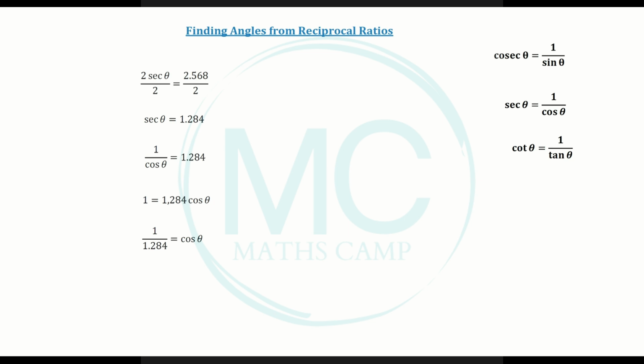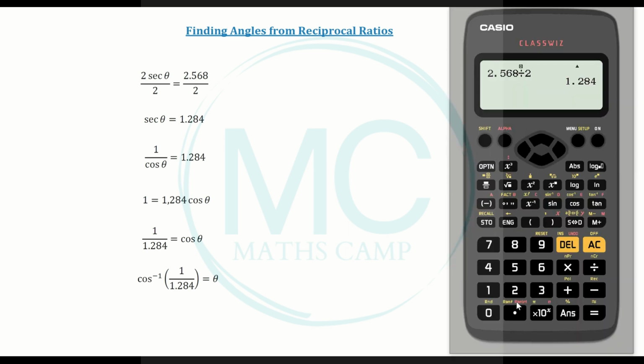Finally, we can get theta by itself. So to do this, we need to move cos to the left-hand side of the equal sign. So we can say cos to the -1, open our bracket, 1 over 1,284, close the bracket, is equal to theta. And now we can get our calculator, and we can say